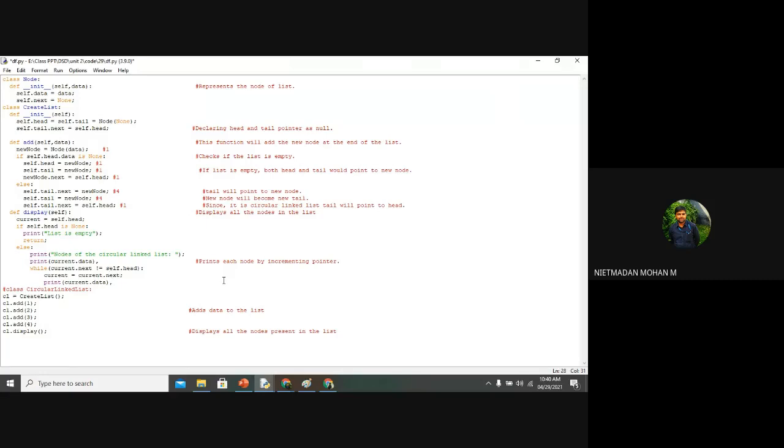I'll give you 2 minutes. If you are interested, you can ask your queries, or else we can wind up this class. I'm not able to speak from a single point of view. I'm simply telling what those things are. I'm not getting any input from you. If you have any queries for the circular linked list, you can ask. That's why I keep asking you questions, whether you understand each and every line. I'm not getting any input from you, so I will move on.